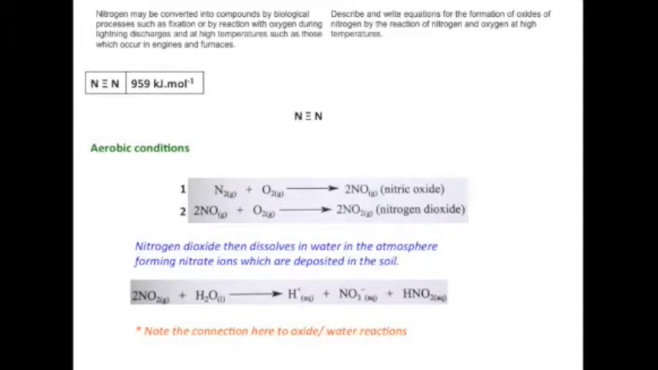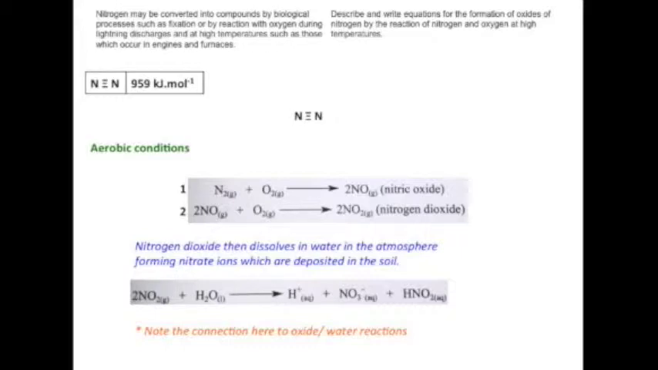Alright, so you also need to know about nitrogen. Here you need to be able to describe and write equations for the formation of oxides of nitrogen by the reaction of nitrogen and oxygen at high temperatures. So the place that this links to is combustion in cars. So in places of very, very high temperatures, we're talking about lightning, furnaces in industry and engines in cars,